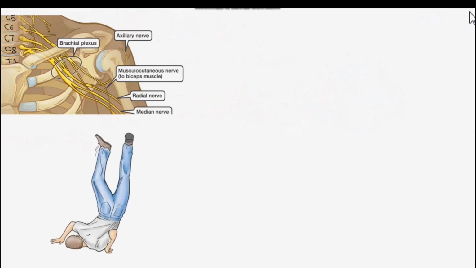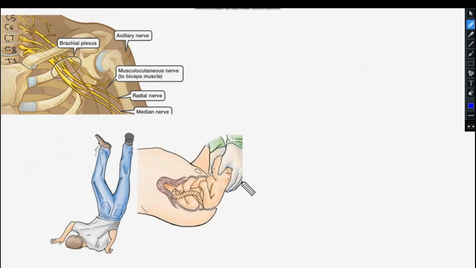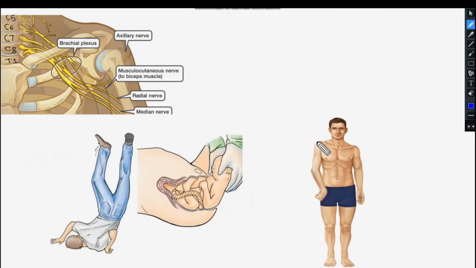So how does the injury occur at Erb's point? It occurs due to crushing or forcibly stretching of the upper trunk of the brachial plexus. In adults, it generally occurs due to a fall on the shoulder, and in newborns due to excessive pulling of the head during delivery. Let's see the clinical presentation of a case with Erb's palsy, where we can see the